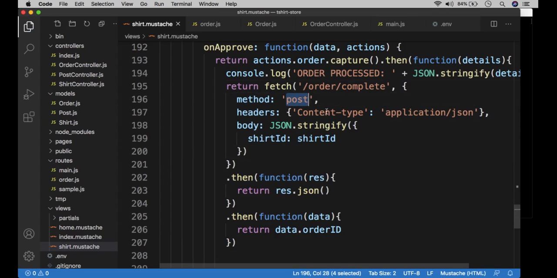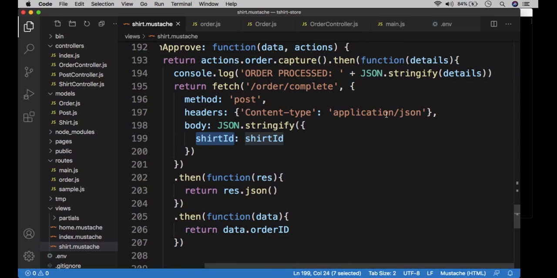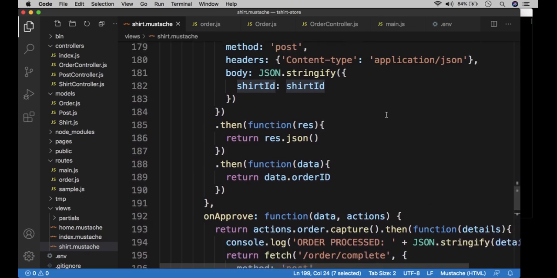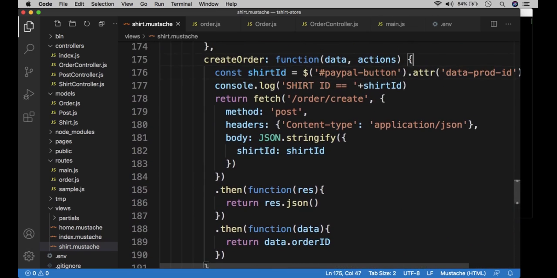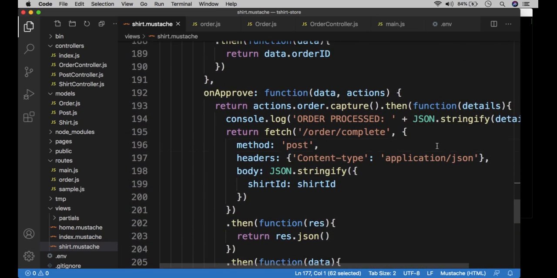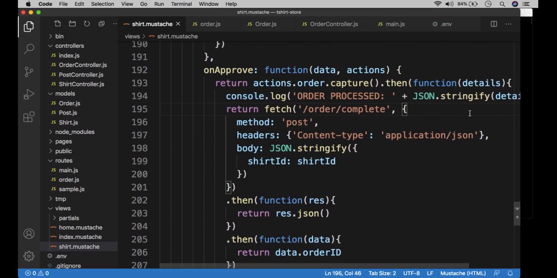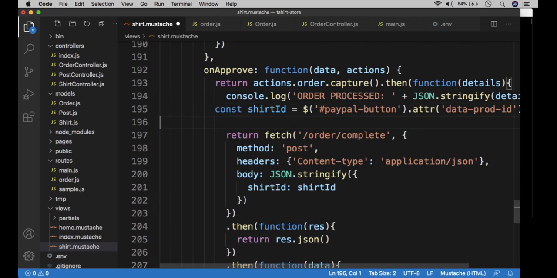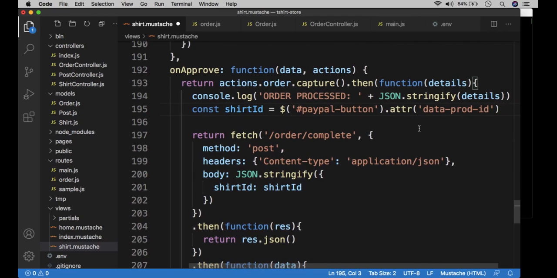This is going to be a post, and we want to pass in the shirt ID, and that's going to come from the attribute, again, that we attached. So we grab the shirt ID, just grab the attribute again, like that, and then pass it through to here,